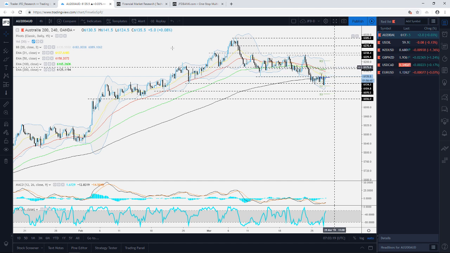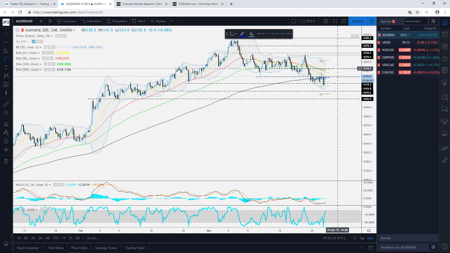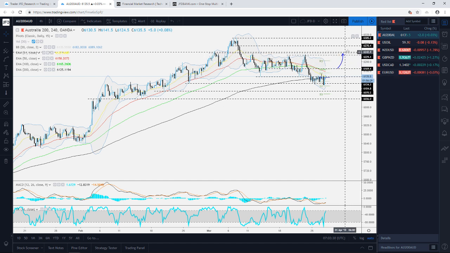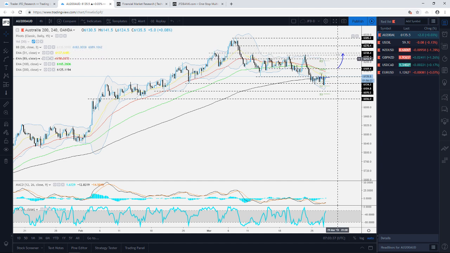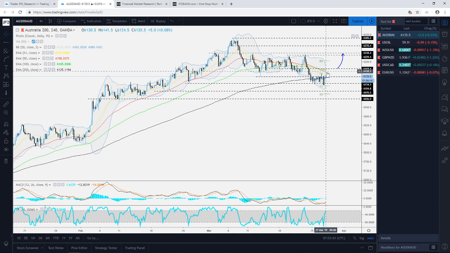But if that fails to hold, this is where it could become a little bit more exciting for the bulls, and we could then see a further acceleration to the upside, at least towards the 6,230 or 6,240 areas. If we do reach that resistance zone, we will examine it again, because if it fails to hold, then yet further acceleration to the upside could be possible. But for now, this is where the index is.